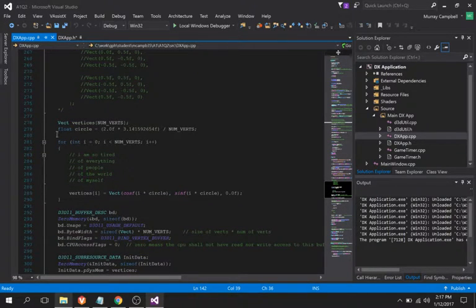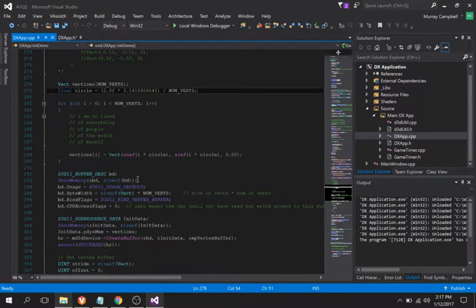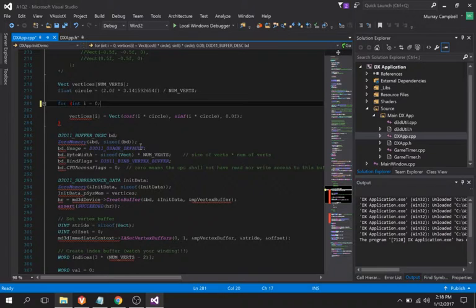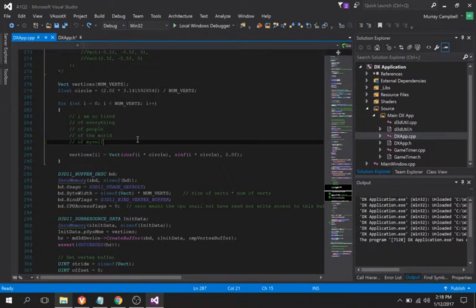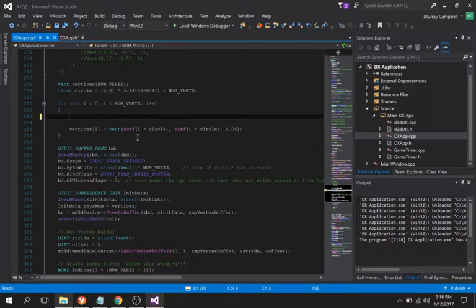So I created the array, and then I found the circle value, kind of divided the circle up into sections, using pi. So 2 pi divided by the number of vertices is obviously like the sections. So then we go over here and you